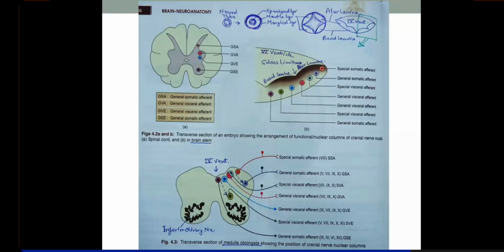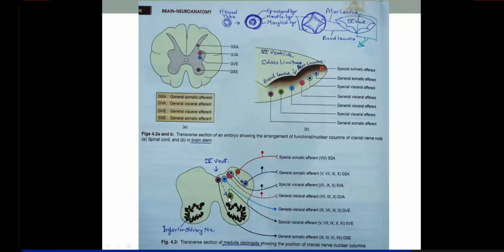So here also you're seeing that these nuclei should have been arranged like this, in a linear arrangement on the floor of the fourth ventricle, but these two nuclei have dipped down into the white matter and embedded deep inside. So this movement of settling down of these functional columns deep inside is neurobiotaxis.